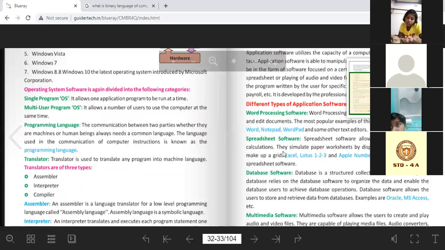Whenever they need some particular data, of any particular date, they can take it and collect it from there. And this database software allows the user to store different types of data and to retrieve different types of data whenever it is required. Some of the examples are Oracle, MS Access. These all are the names of the software.